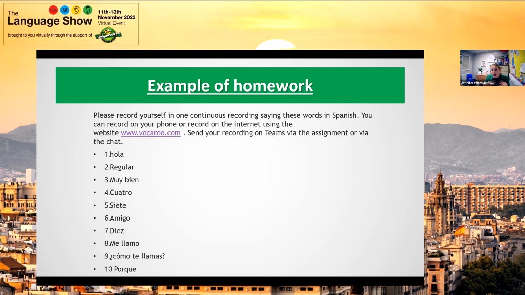And especially, I teach mainly French, but I think it's really key that we start thinking at Key Stage 3 of doing more and more practice of reading aloud activities, and even more with French because the pronunciation is a lot harder than, for example, in Spanish or in German.